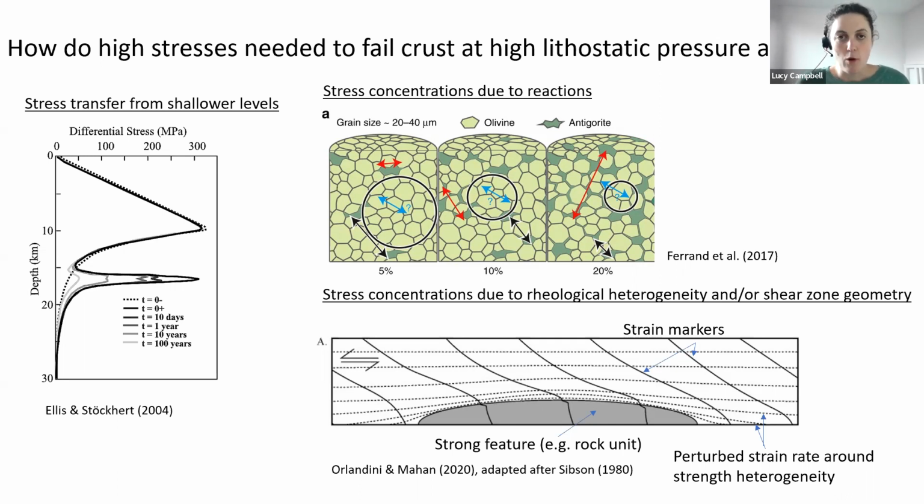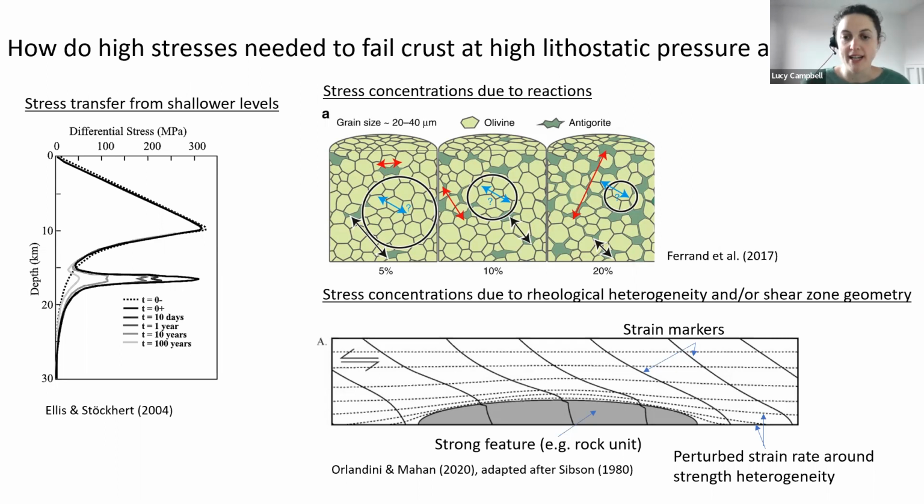Often this work is more focused on subducting oceanic crust, but it can still apply in certain situations to the continental crust. And then finally, in a kind of broad brush, I've just called this stress concentrations based on rheological heterogeneity. So this might be changes in rock type with very different strengths across a regional scale shear zone. And there's been a nice study on that recently by Orlandini and Menegon from 2020, where they